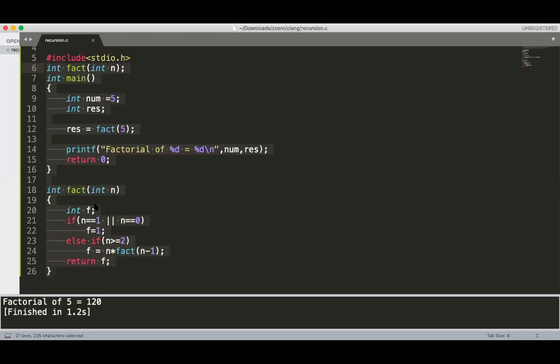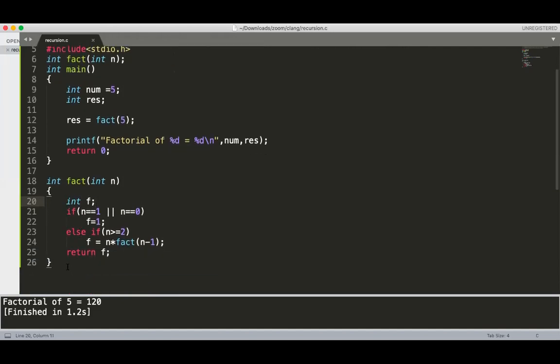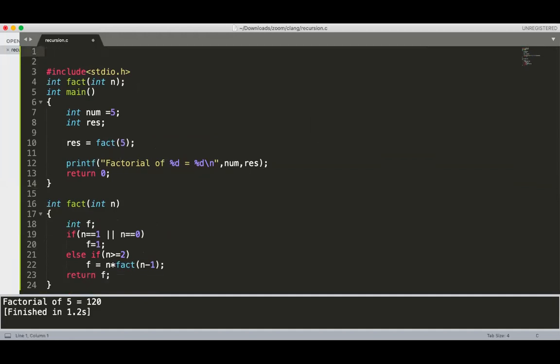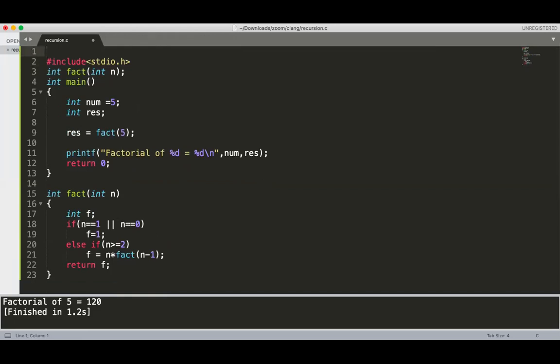So there is one statement. You need to tell me the recursive formula. I want to print the sum of the first n natural numbers.